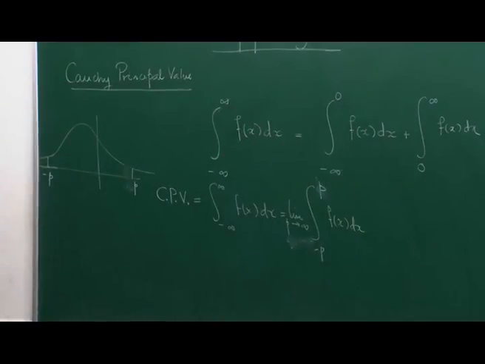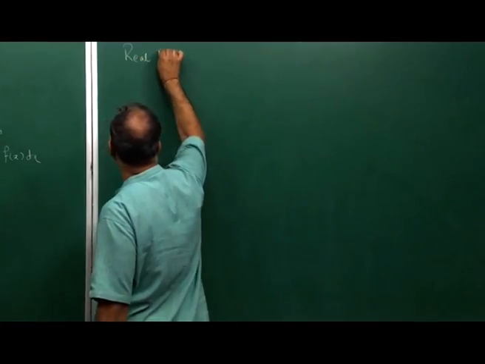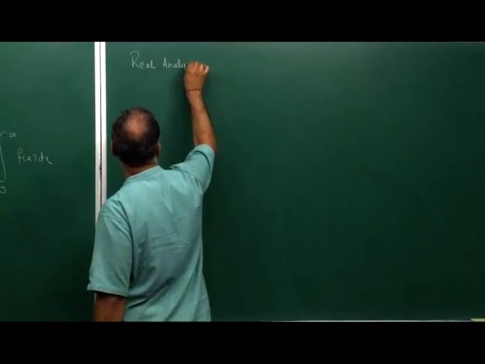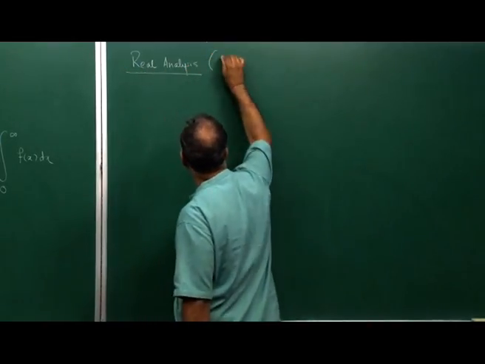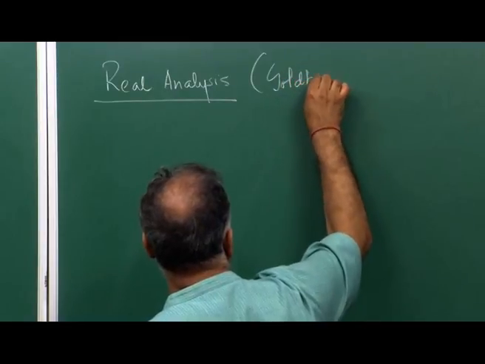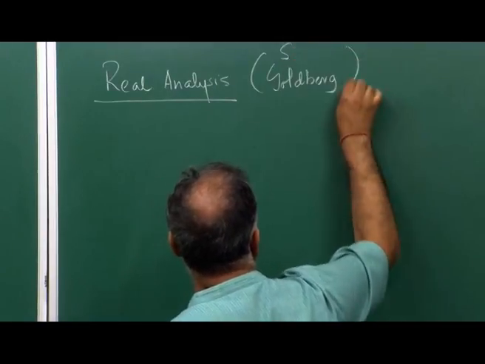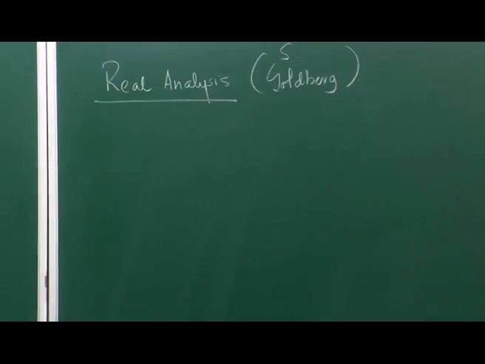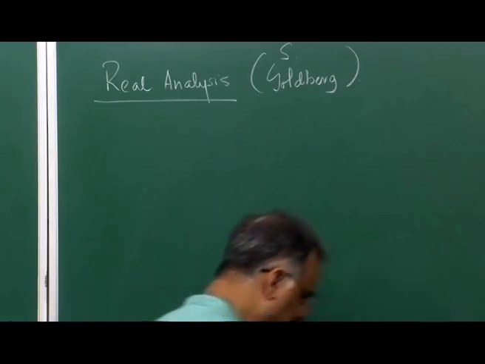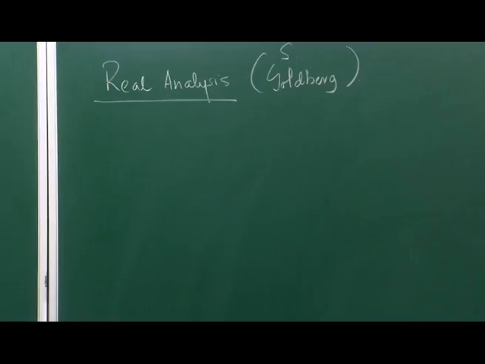An example which is given in Goldberg's book is very elegant. It is one of the most elegant books on mathematical analysis. It is called Real Analysis by Goldberg, but you need not bother to read this at this moment. So, as we move gradually up the ladder, we are going from calculus into more in-depth analysis of the issues. So, we are getting gradually into the domain of real analysis. It does not mean that we are not going to do computations, etc. We will do it. For example, if you look into this integral,